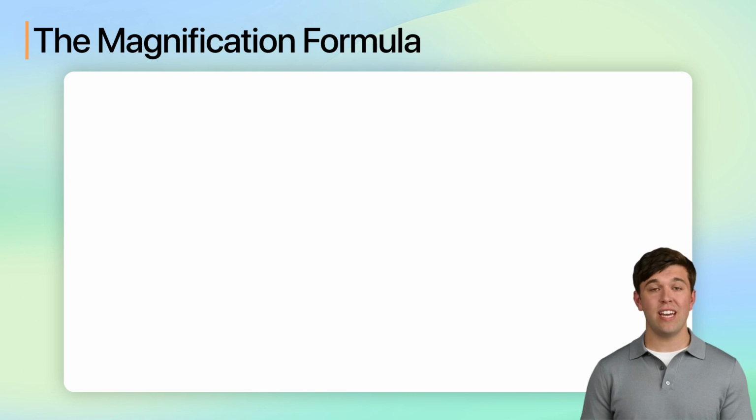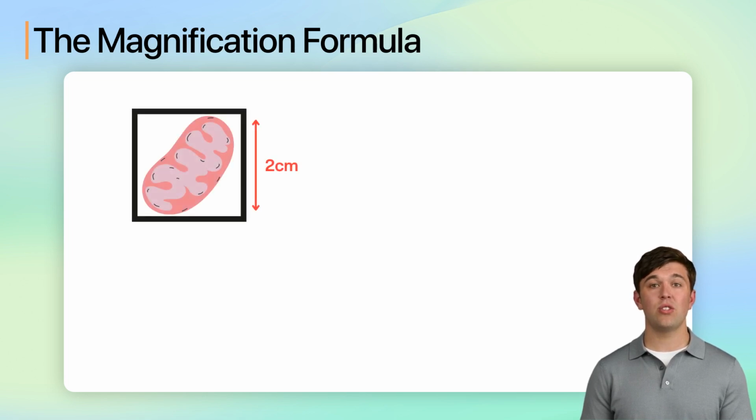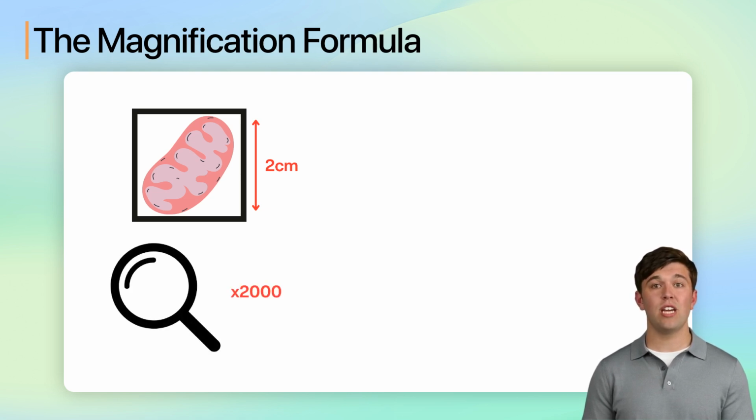Now, let's look at a second example where we are finding the actual size of a subcellular structure. We are given an image of a mitochondrion that is 2 centimetres in length. However, we know that the magnification of the image is times 2000. How do we figure out the actual length of the mitochondrion? We can use the